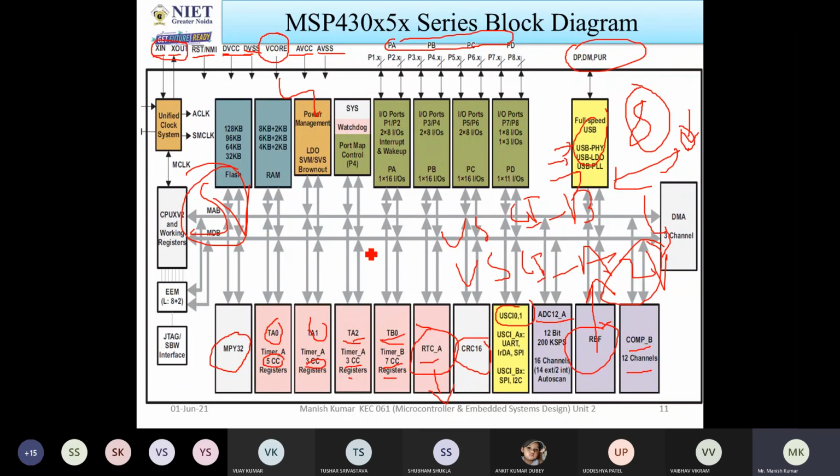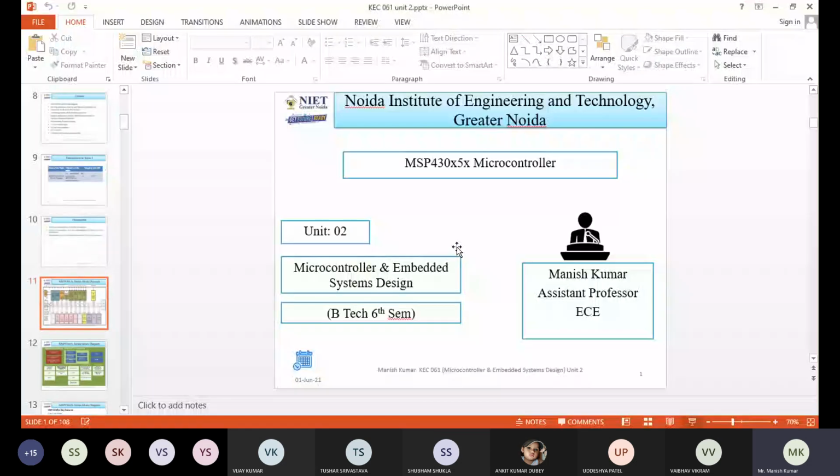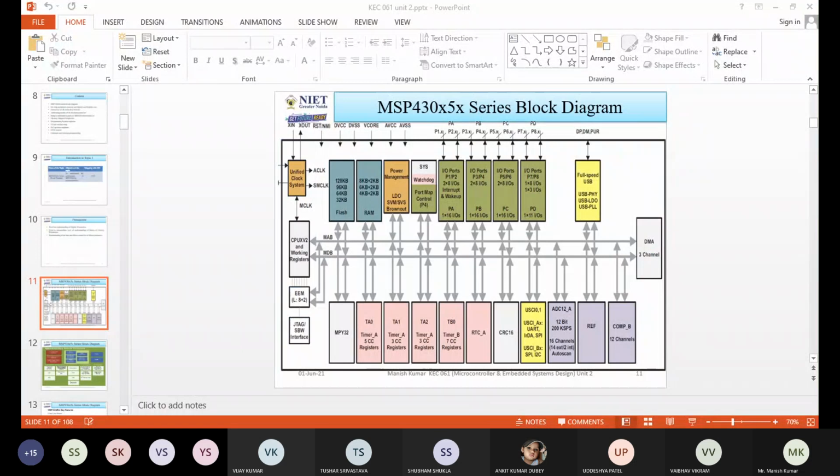Whenever you are going to write the code for MSP430, you can use the CCS software, that is called Code Composer Studio. With the help of Code Composer Studio, you write a program, then you can debug that program and you can see the result.